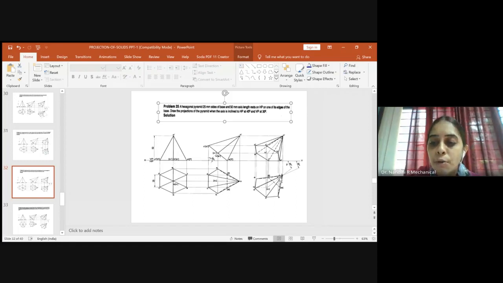Then come back to our 30-degree line, keep one end of the compass here and cut an arc on the 30-degree line. When you cut an arc, you will get the true length of the axis. So it is O2, O1. Please name this as O2, O1. This is our true length. After you name O and O1, just draw the locus through O1, which will be parallel to our XY line.